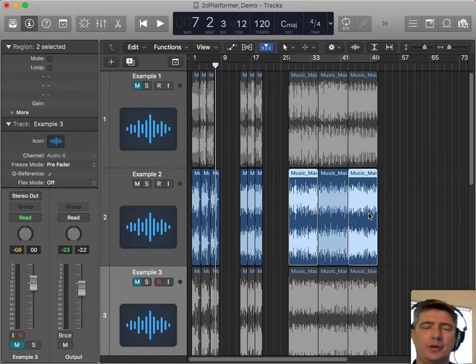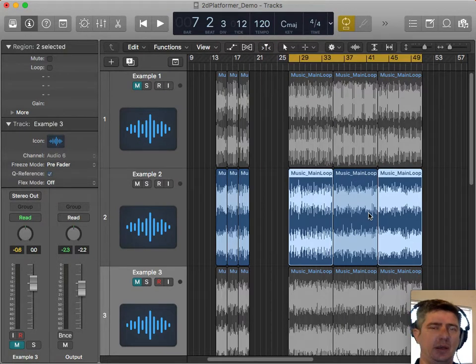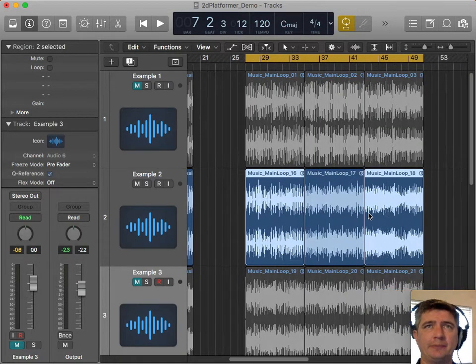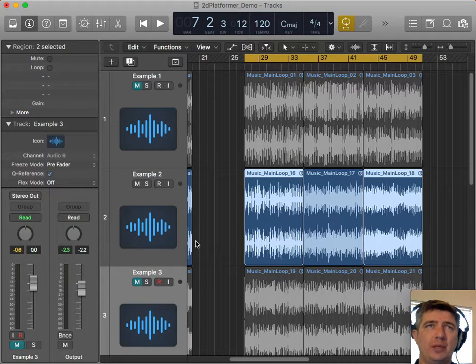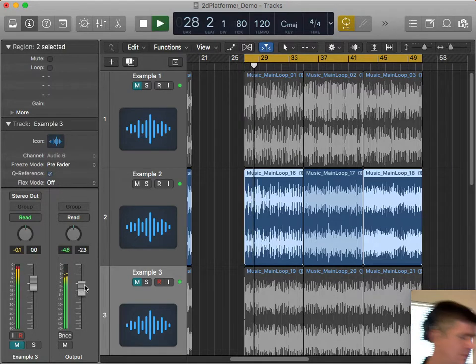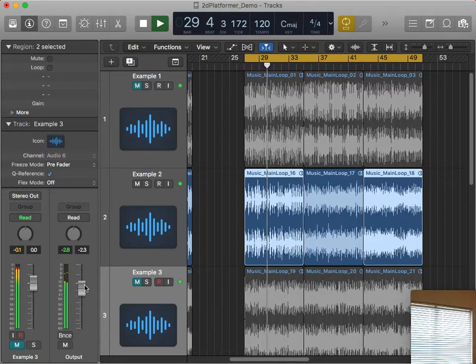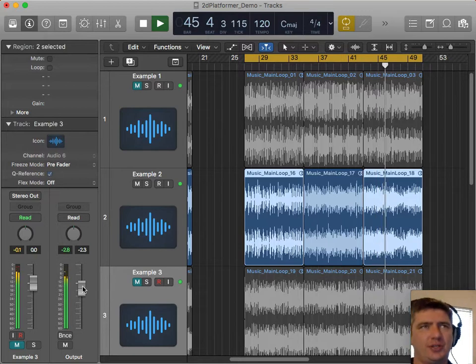These first 2 are more acoustic instrumentation. And I've got a couple more that are more kind of synthetic, gamey sounding. 3 main loops, with slight changes to each one.